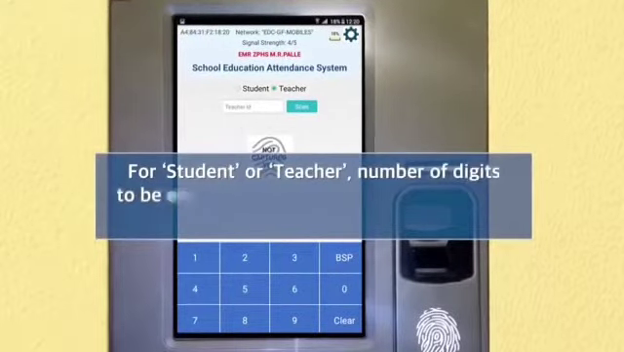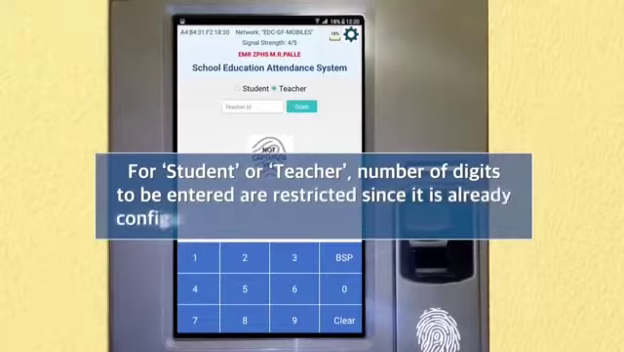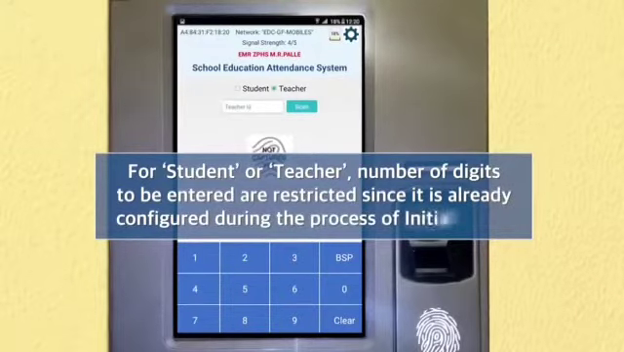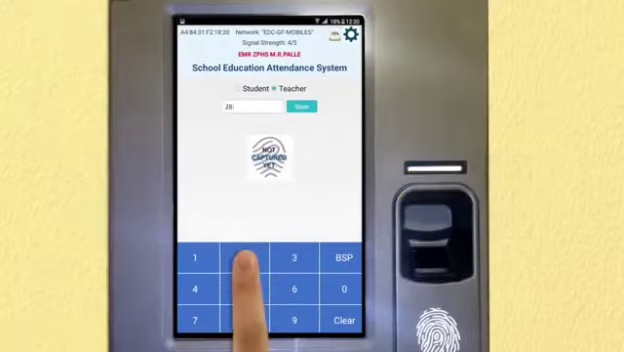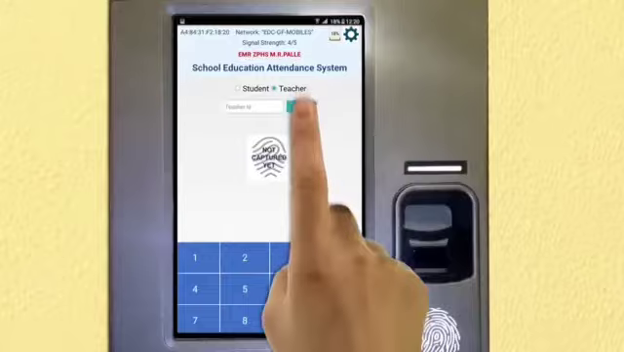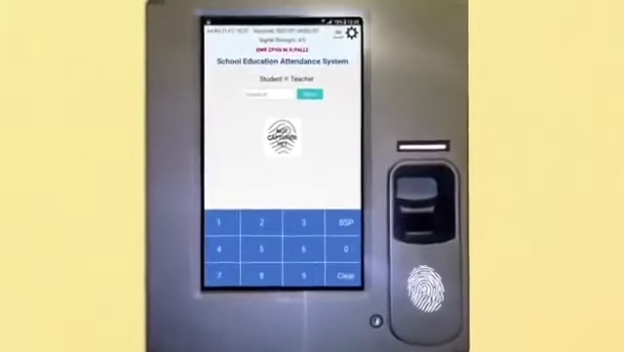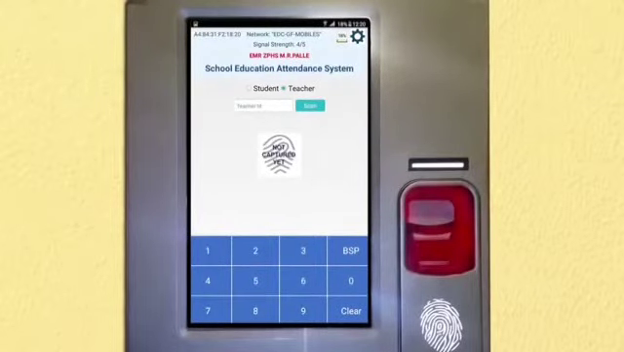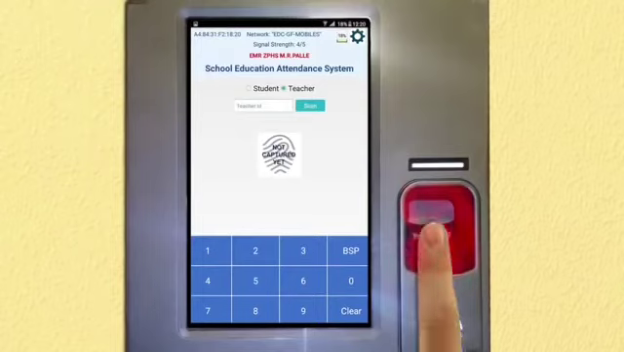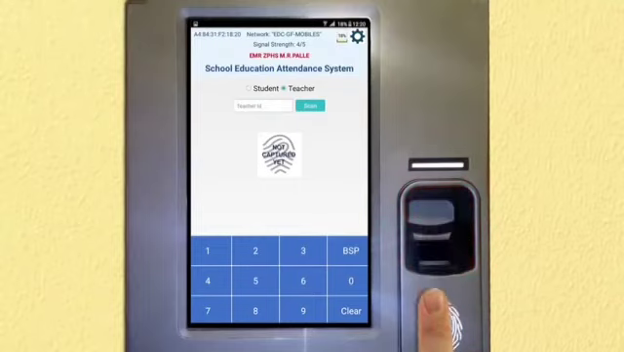For student or teacher, number of digits to be entered are restricted since it is already configured during the process of initialization. Once you key in the required number of digits or scan the QR provided to the student or teacher, biometric scanner will be enabled along with the voiceover, "Please place the finger." Red colored light starts glowing on the biometric scanner to capture the fingerprint. Place the finger on the biometric scanner till the red colored light goes off on the biometric